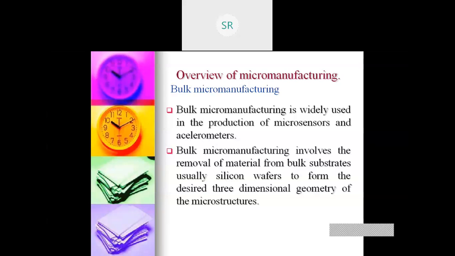A substrate is nothing but a flat macroscopic object, and in a microsystem, this substrate serves as a signal transducer in addition to some electrical and mechanical action.